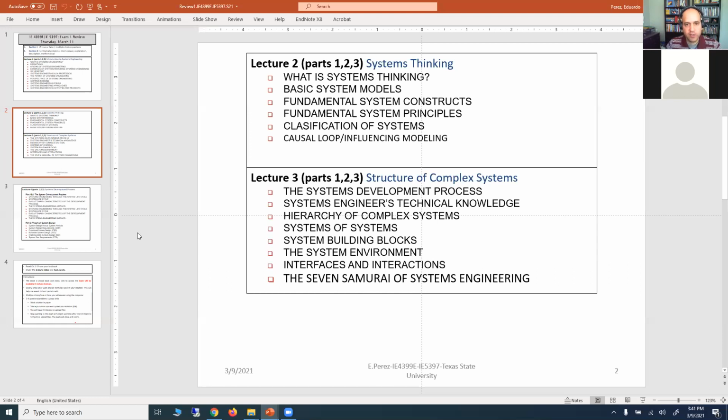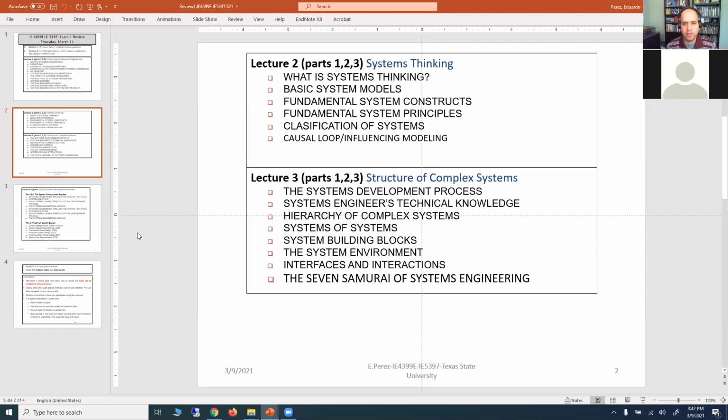So after lecture 2, we transition to lecture 3, which is the structure of complex systems. In this part, we talk about the system development process. We should know for the exam. We talk about the systems engineering technical knowledge. So this is an important